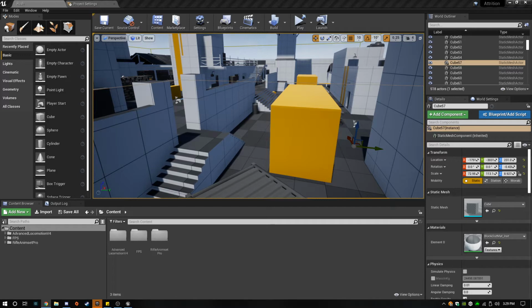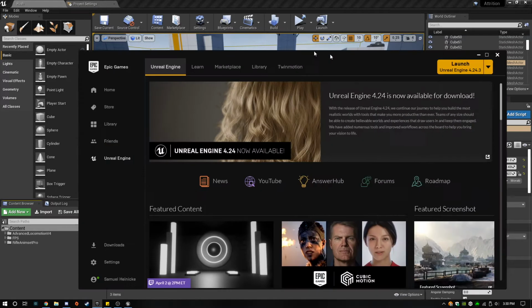Alright, what do we got here? Okay. Today we're going to try to get some of the reload animations going here.